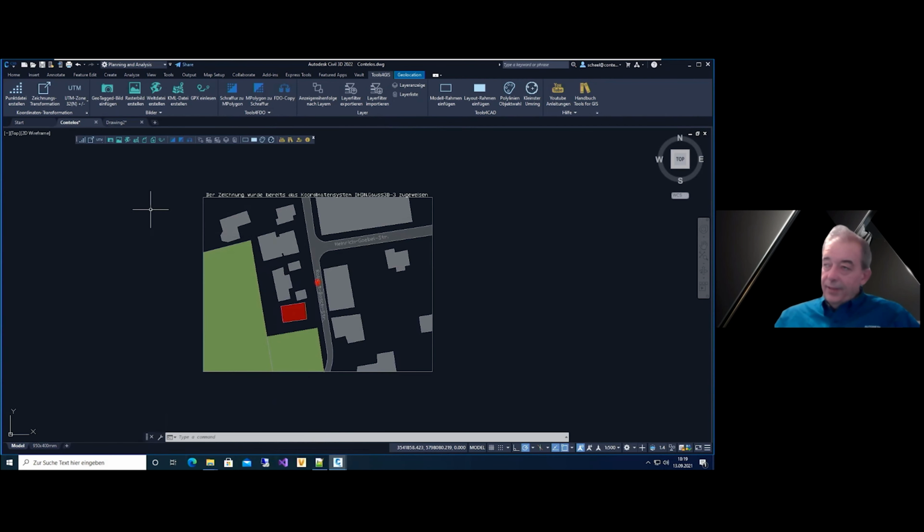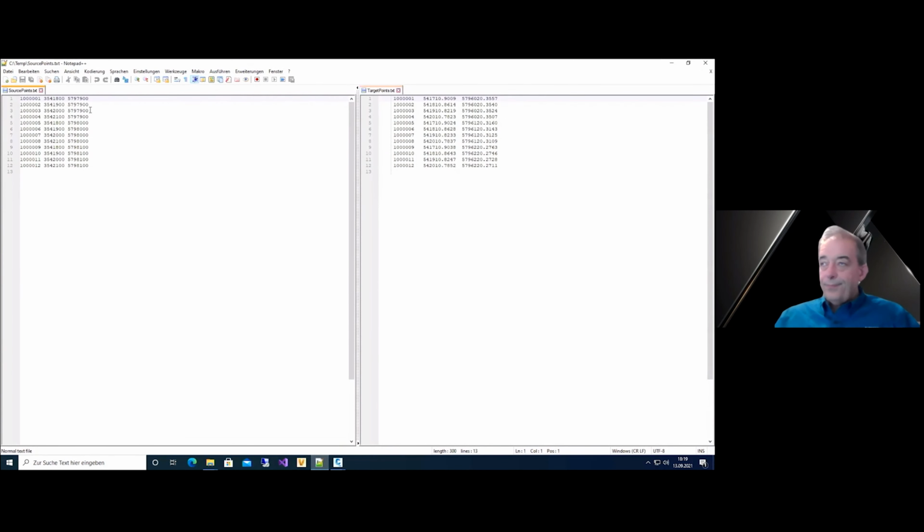You see no point grid around our drawing, but it produced the file on the left side. The virtual point number, the X and the Y coordinate, rounded to our grid width.